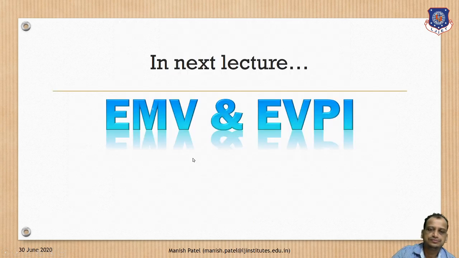In this way, we have discussed all the different criteria: maximax, minimin, Laplace criterion, Hurwitz criterion, and salvage criterion. All these criteria are used for decision making under uncertainty. Whenever there are uncertain situations in decision making, you apply these criteria and get the optimal course of action for the decision maker. So this case is nothing but decision making under uncertainty. In the next lecture, we are going to discuss EMV and EVPI. Thank you very much.